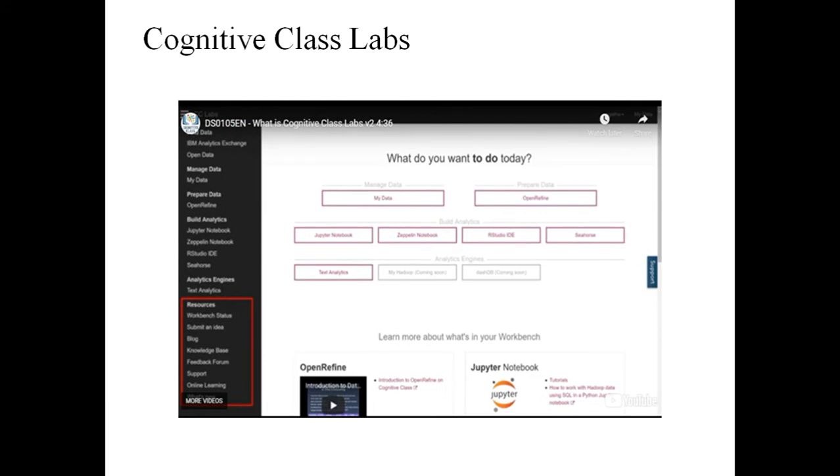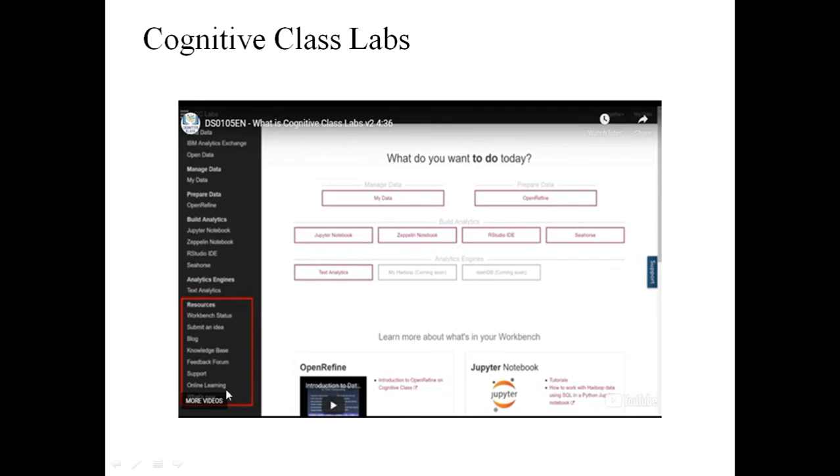IBM Exchange connects you to IBM Bluemix, which allows you to explore and discover all sorts of online public data, and you can use that data in any of these notebooks. By clicking on the open data link, you will be connected to many resources of open data. In the bottom menu,